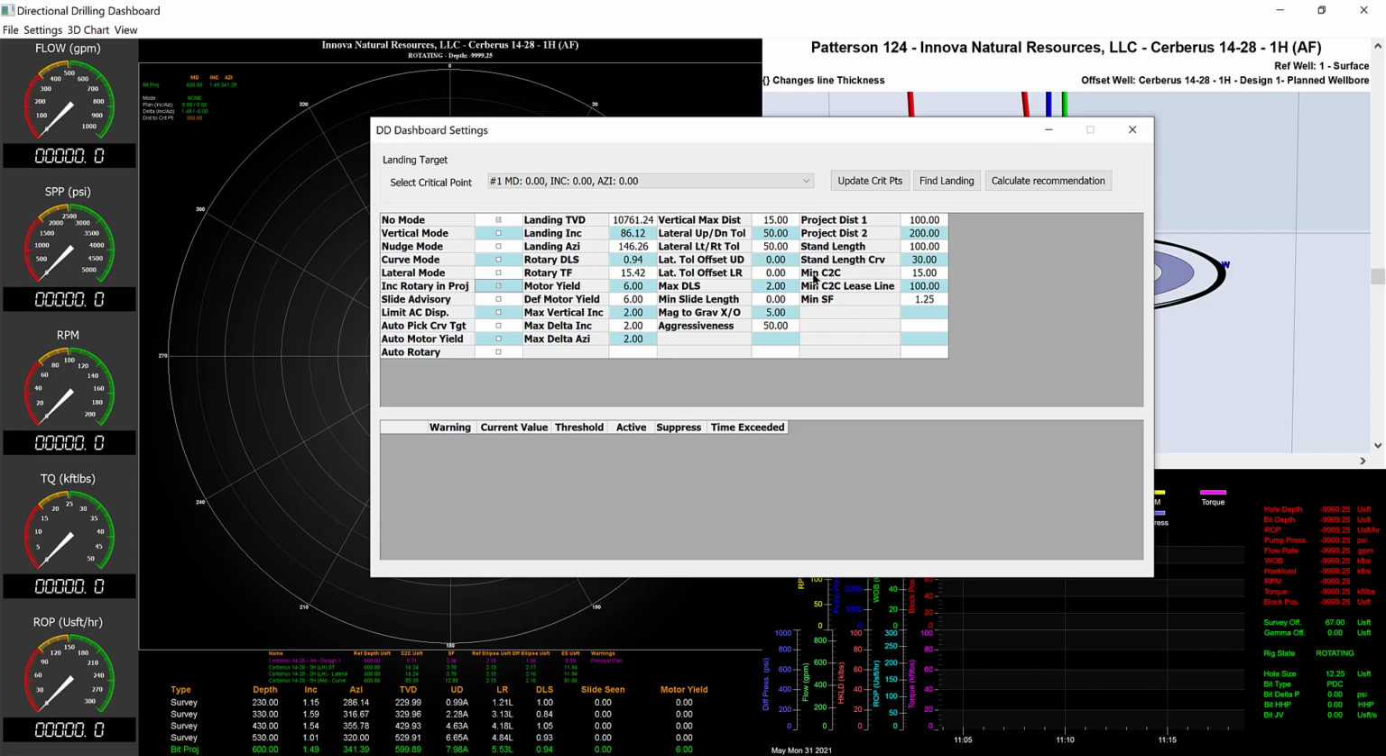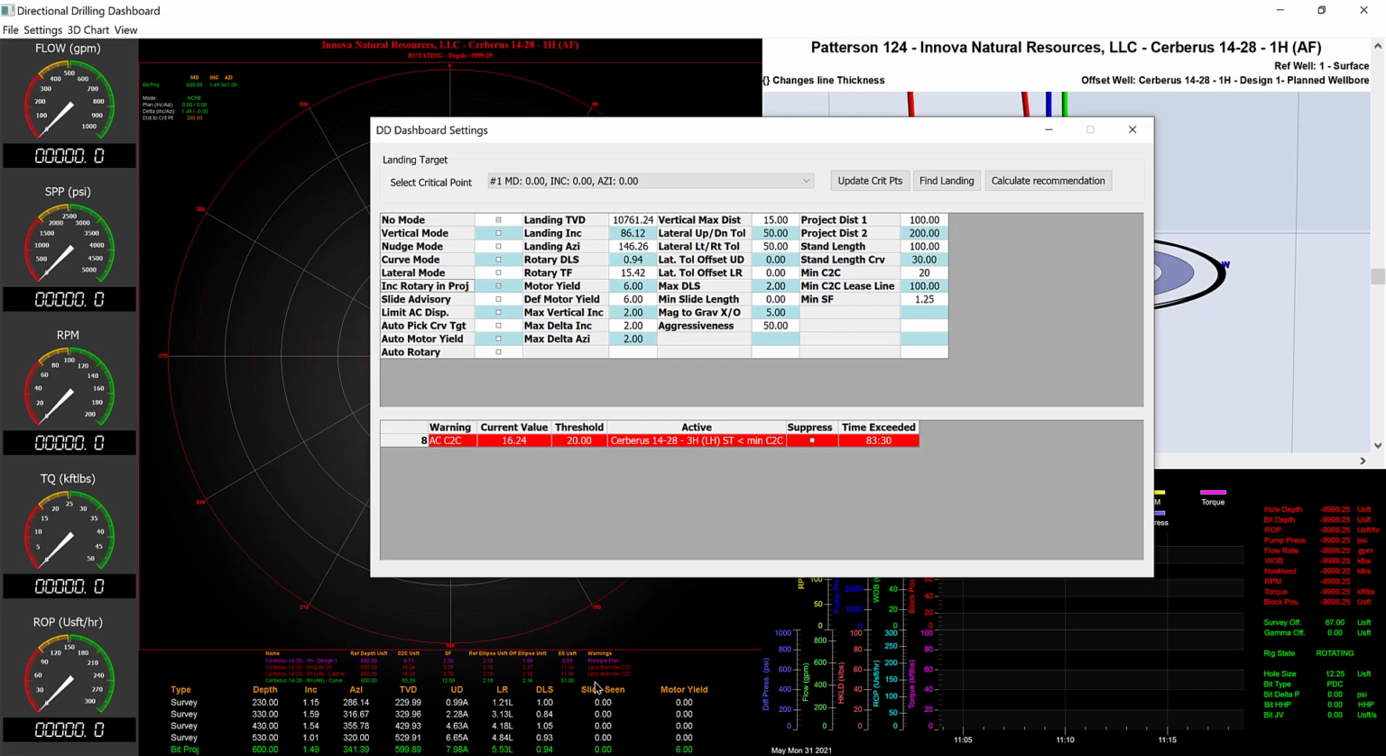The ones that are used in no mode, because they affect the anti-collision dialog, are the minimum center to center, minimum center to center to lease line, and minimum separation factor. These are effectively your absolute limits, the no-go limits. For example, right now the center to center distance on 2 of our offsets is 16.24 feet. If I change the minimum center to center to 20 foot, you'll see now that those are highlighted in red,